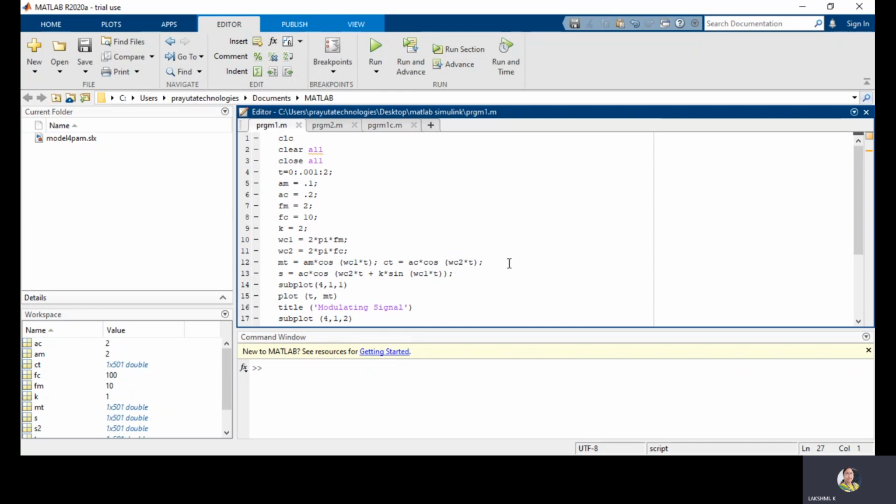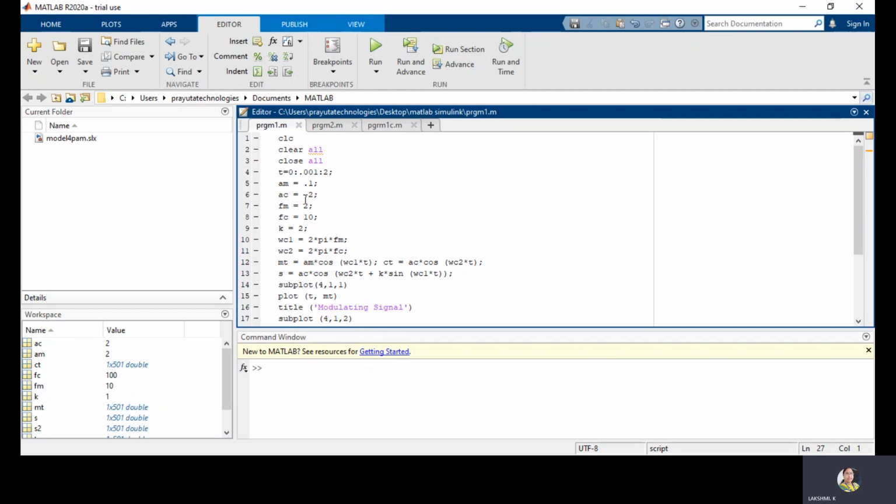Next, what is the next step? I want to perform the frequency modulation. According to the basic fundamental equation of FM, using that same mathematical equation, I am defining the frequency modulated signal with variable s. s is equal to Ac cos of omega c t plus beta sine omega m t. Generally in our theory, we can observe the equation in that form: Ac cos of omega c t plus beta sine omega m t.